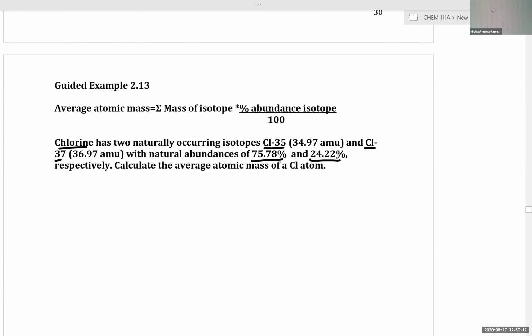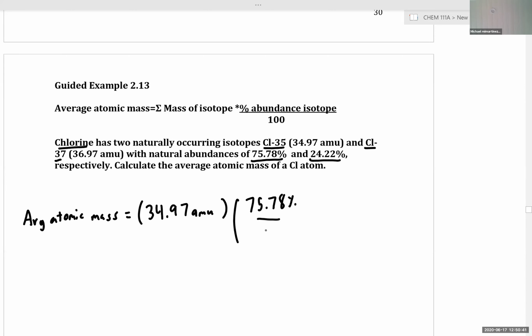The percent abundance of chlorine 37 is 24.22%. If we want to figure out the average atomic mass, we would take the atomic mass of chlorine 35, which is 34.97 AMU, times the percent abundance, 75.78% over 100,